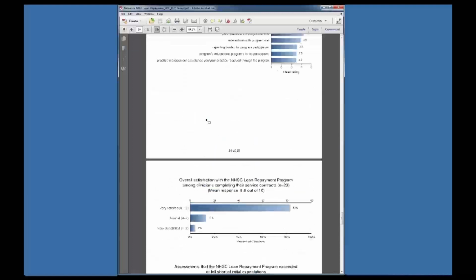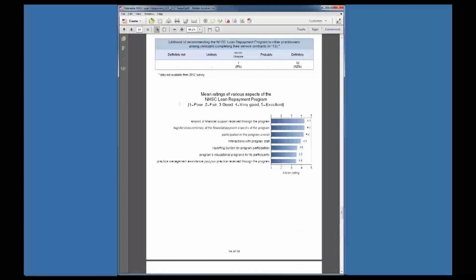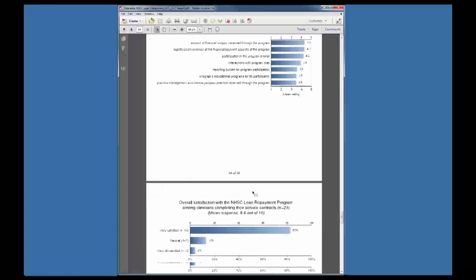And I should point out that many state programs have not been as generous as the National Health Service Corps has been. As we all learn more about how this is correlated with retention or other aspects of people's experience, that will also tell us, because one of the most common questions I hear is, how much should we be paying people? What should the level of support be? Right now, there's not much information to help guide us, but we're in line to have better data than has ever been had before.